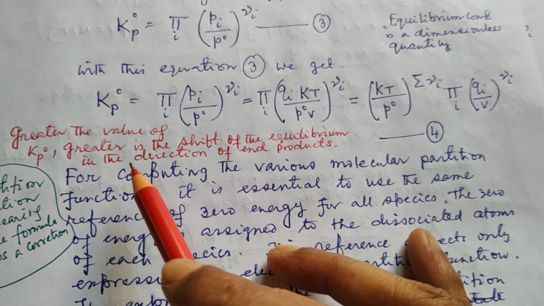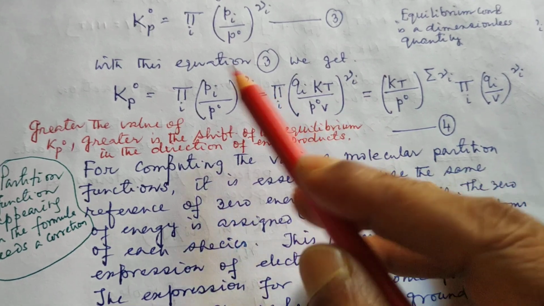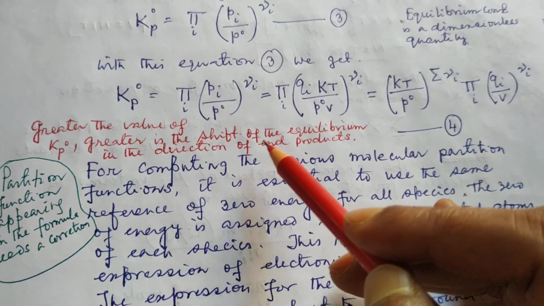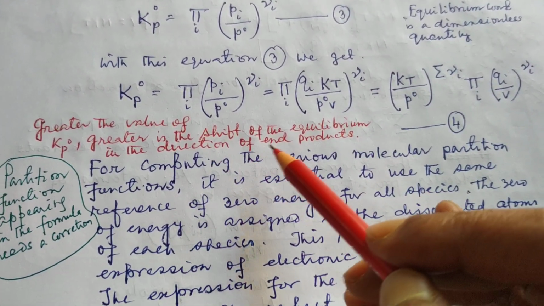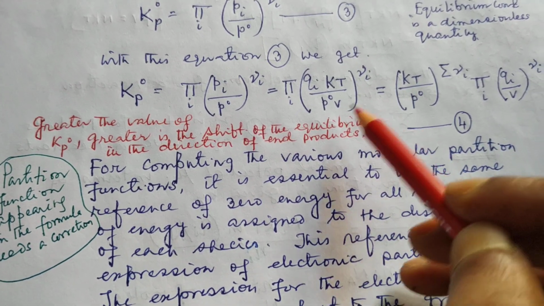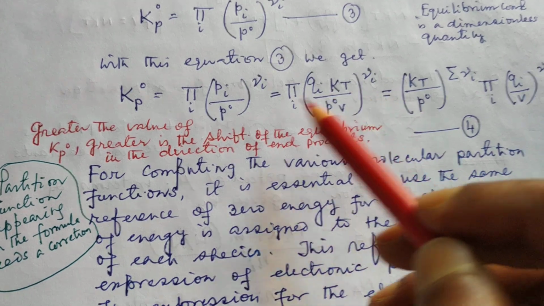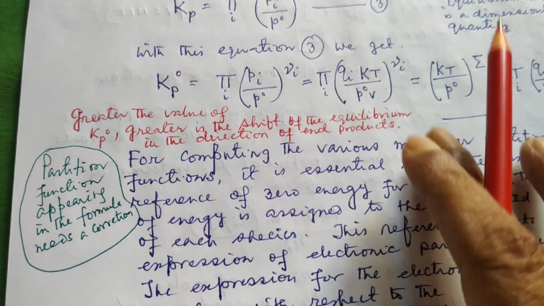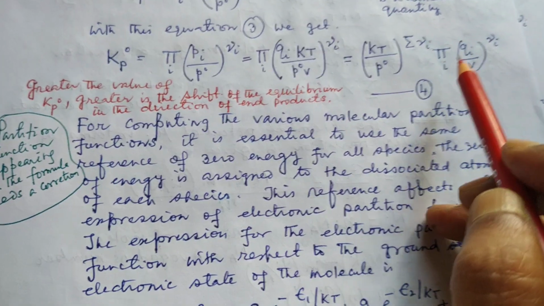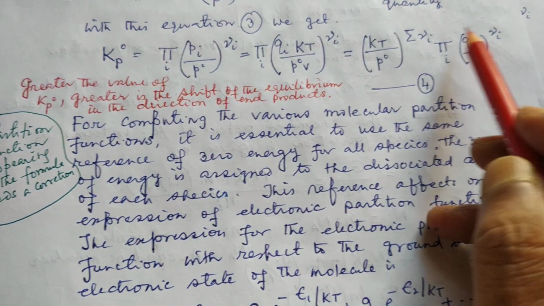Now get the value of Kp0. A higher value means a shift of the equilibrium in the direction of the end products, so more and more end products will be obtained, and the value of Kp0 is higher. Now this partition function Q by V, which is involved in this equation,